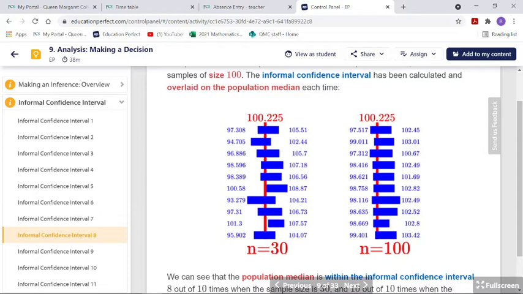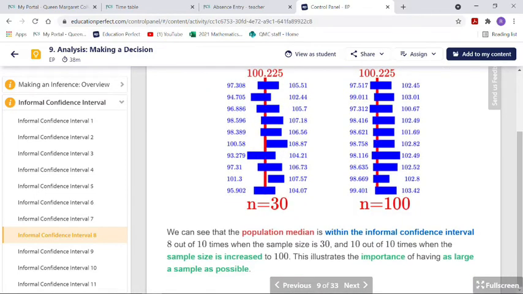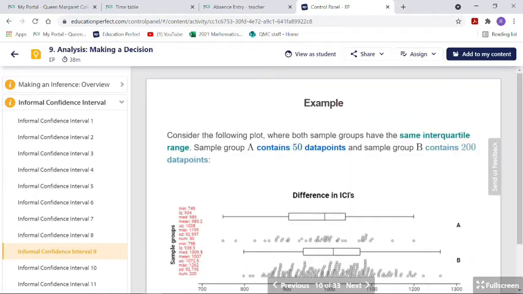So be careful. If you choose too small a sample size based on the population of data you have, then you could make a wrong inference. So make it as large as possible. So even though the minimum is 30, I would use at least 50, maybe even use 100. Who knows? It's going to be up to you.